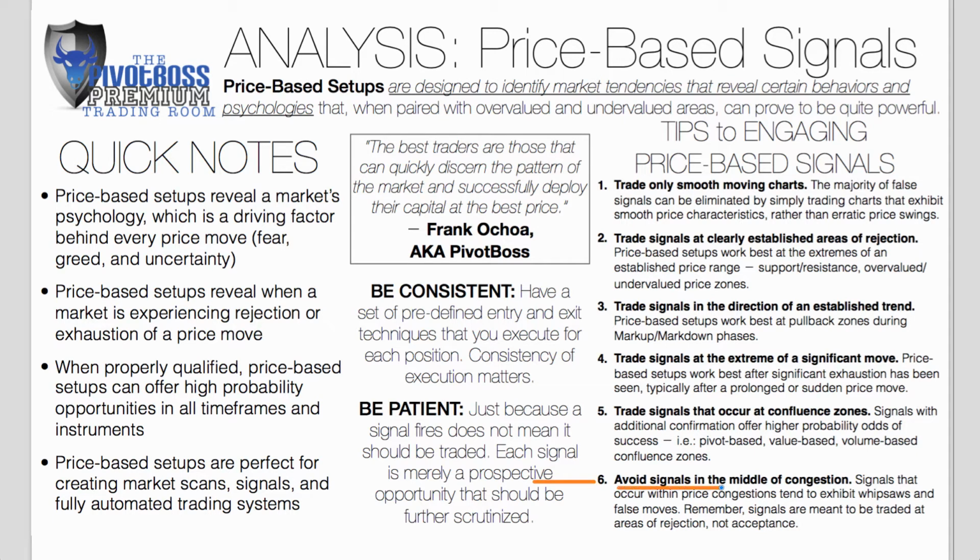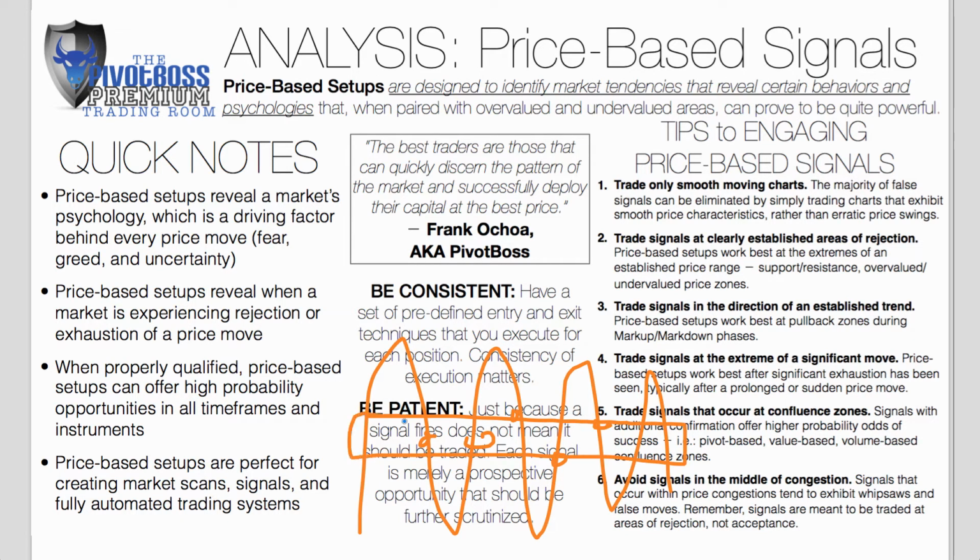And lastly, avoid signals in the middle of congestion. Signals that occur within price congestions tend to exhibit whipsaws and false moves. Remember, signals are meant to be traded at areas of rejection, not acceptance. So when you are in the middle of a congestion here and you're trading sideways like this, and you get a signal here, signal here, signal there, signal here, none of this matters because those signals don't work in that zone